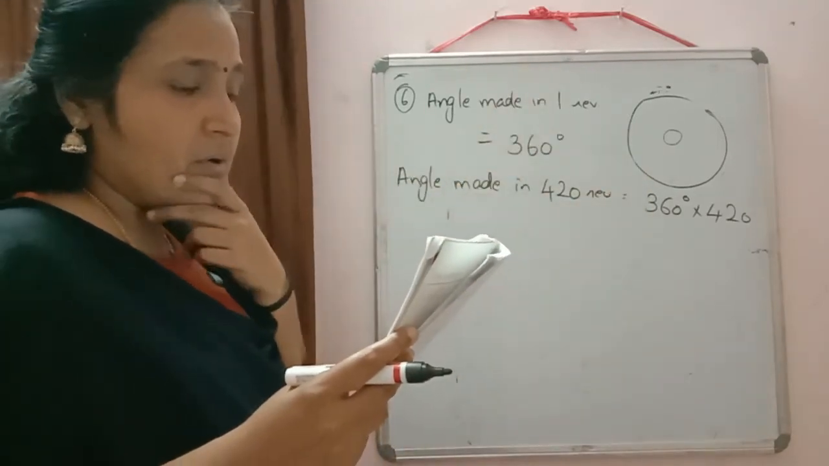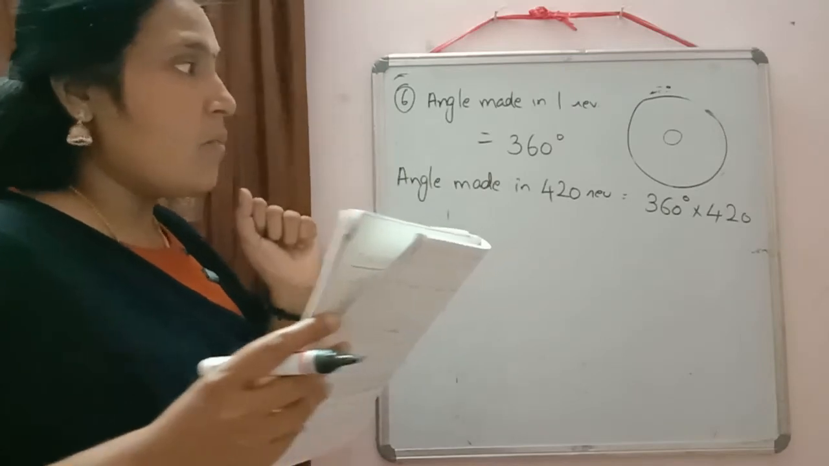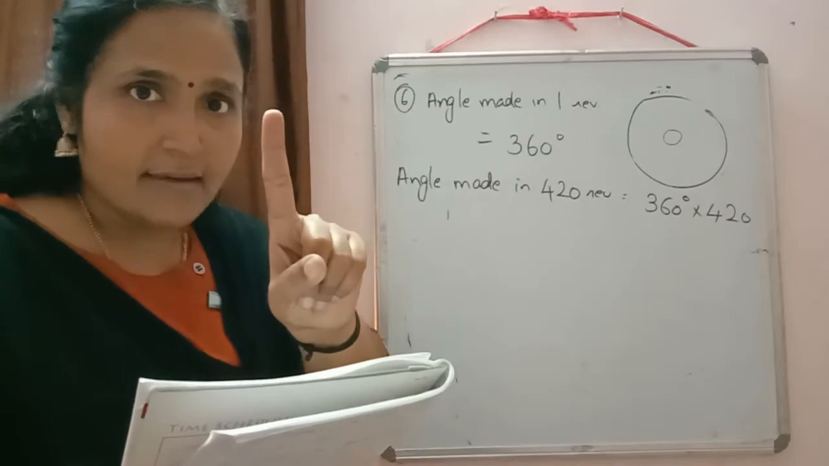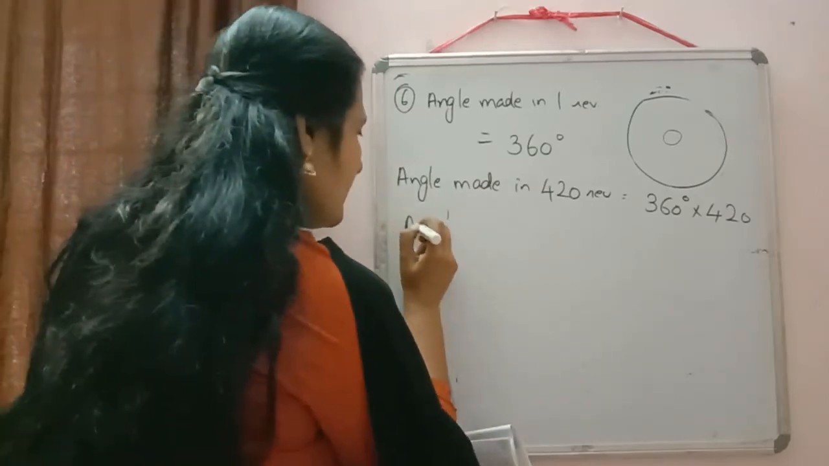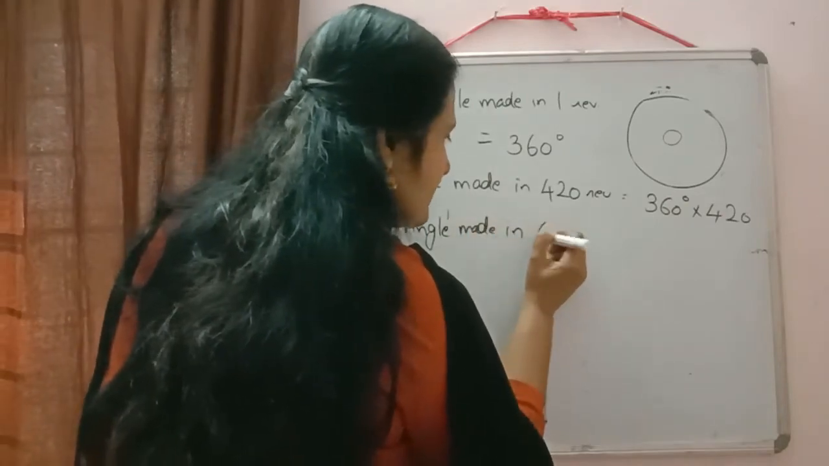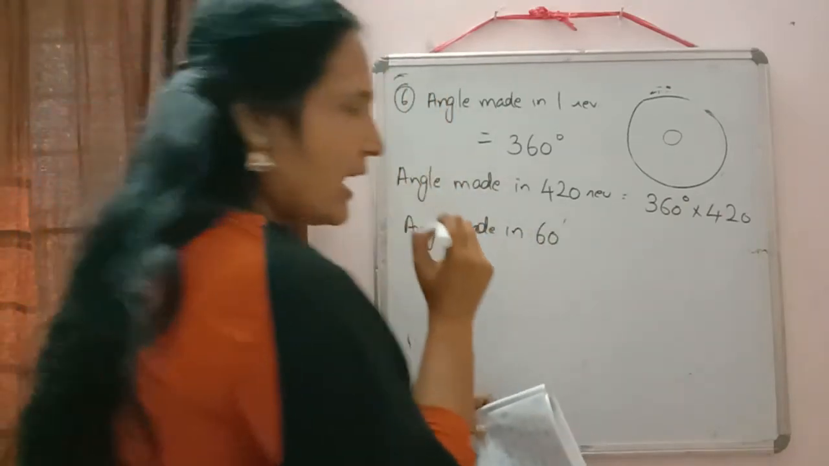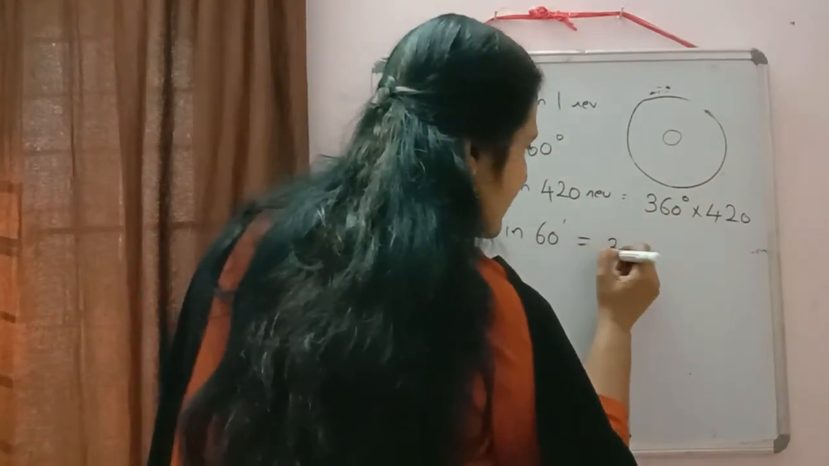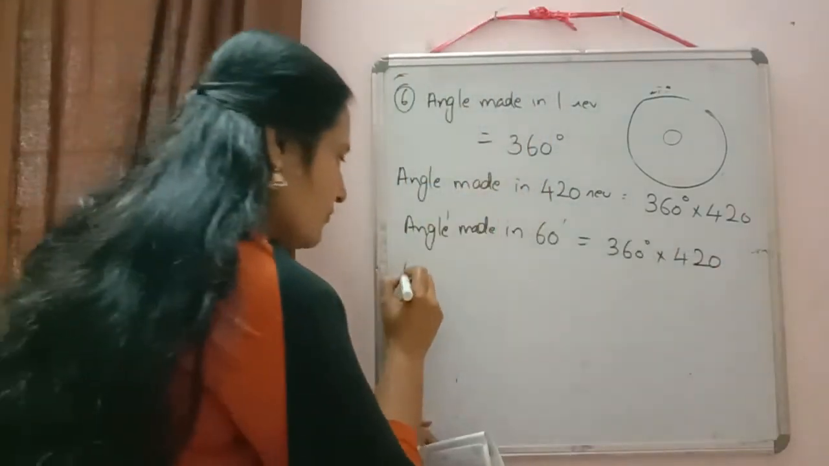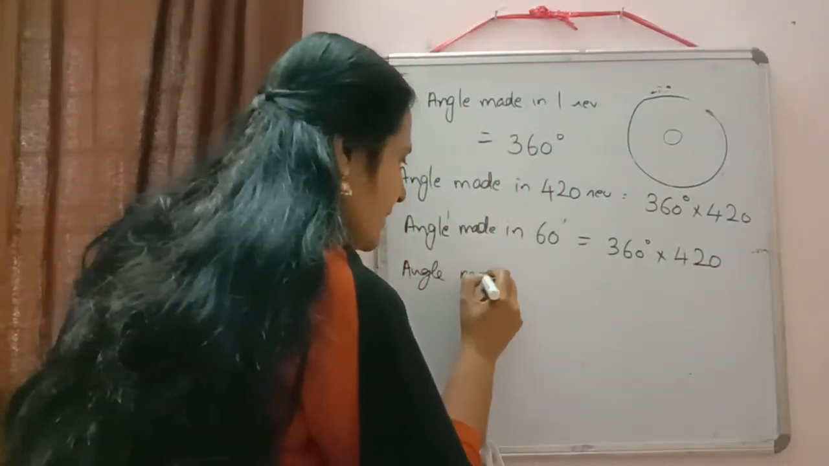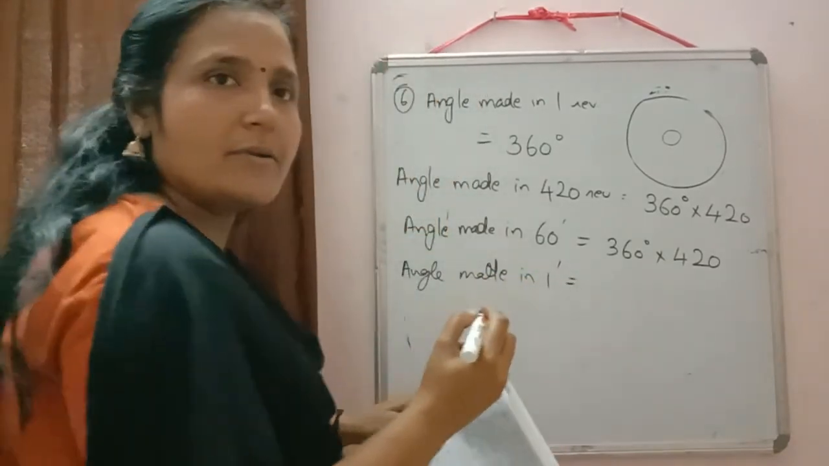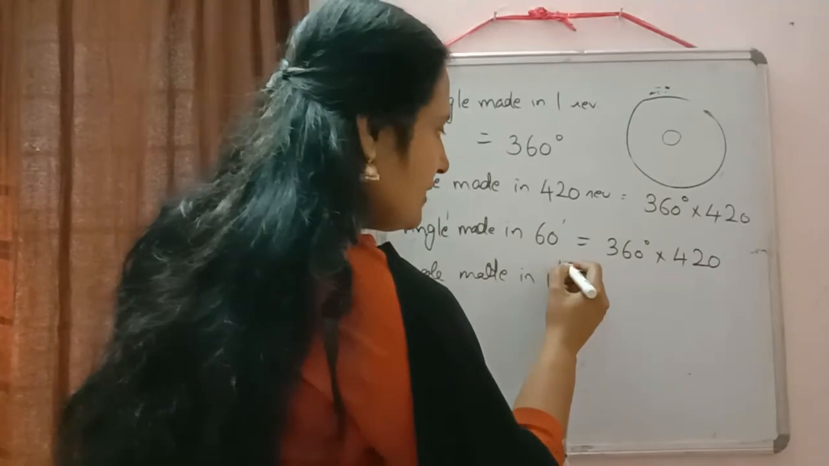Now we have to find out the angle made in 1 second. So this is the angle made in 1 minute. Correct? So just write down in this way now. Angle made in 1 minute. 1 minute means how many seconds? 60 seconds. Angle made in 60 seconds is equal to 360 into 420. What will be the angle made in 1 second? Angle made in 1 second will be equal to